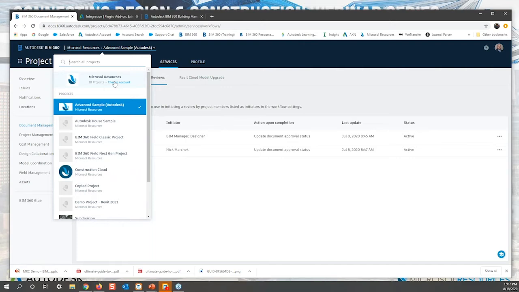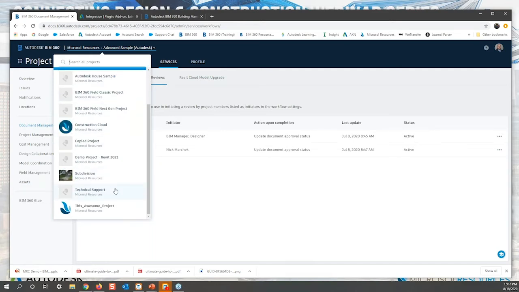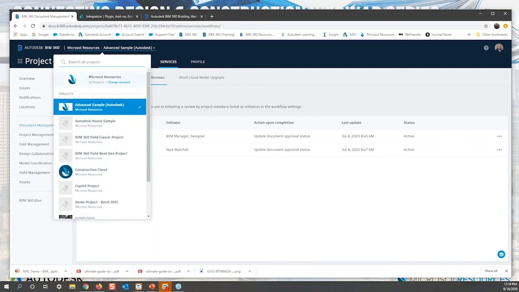So let's say, for example, you are on a construction team, or you're a consultant, and you work with the same architect or engineers. They host their own sites. Here's where you can actually toggle between the different sites if you've been invited to the projects, and then you can access the different projects themselves that you've been invited to, depending on which site you've been